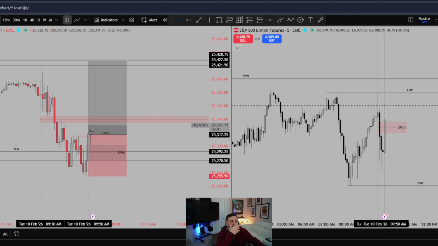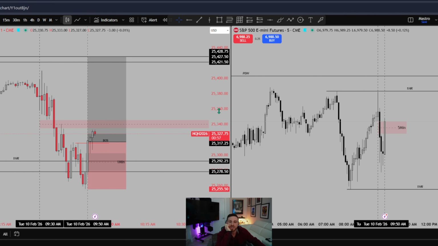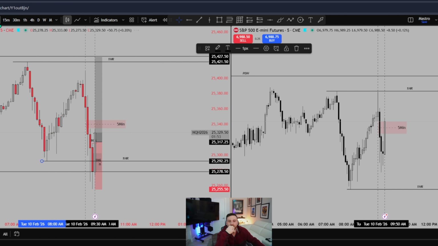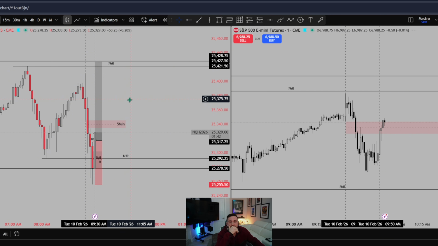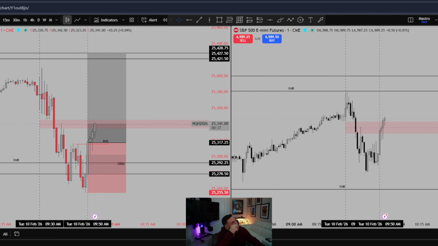I want to see ES take those hourly highs. You got relative equal highs up there, bro. Maybe NASDAQ just wanted to take out those 4-hour lows. And now that we form a 5-minute SMT off of this hourly low, we might. But that might come to fill in that 5-minute fair value gap, but still. Do you know what I mean? Okay. I'm going to take a partial right here, and I'm going to move my stop up.